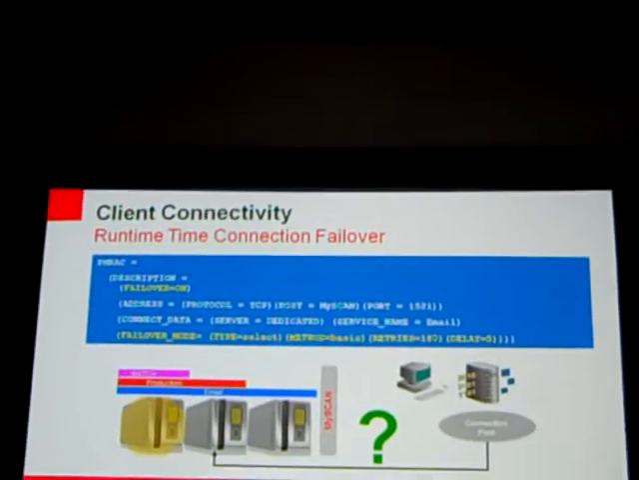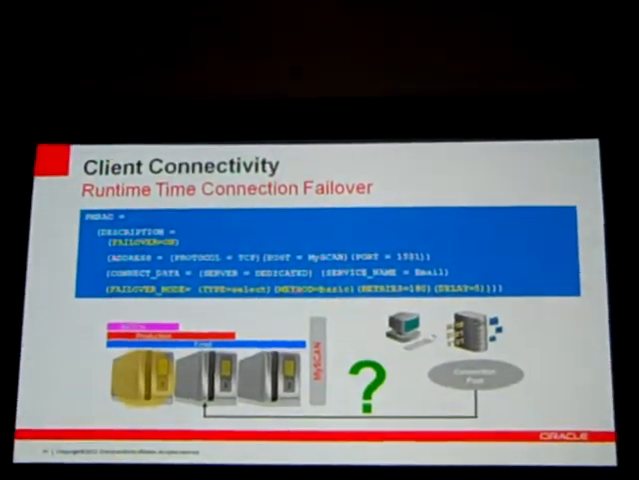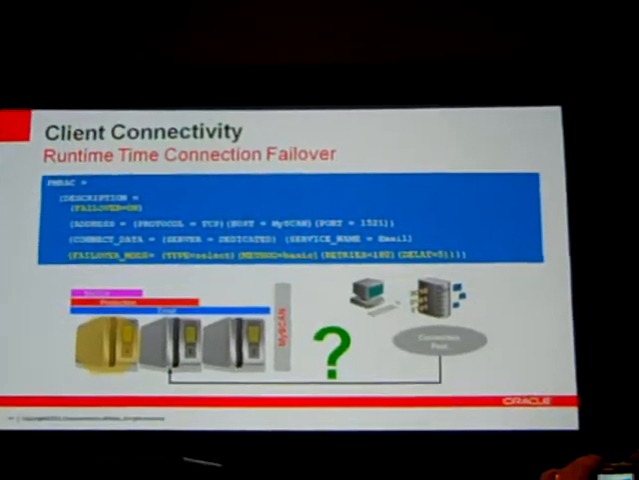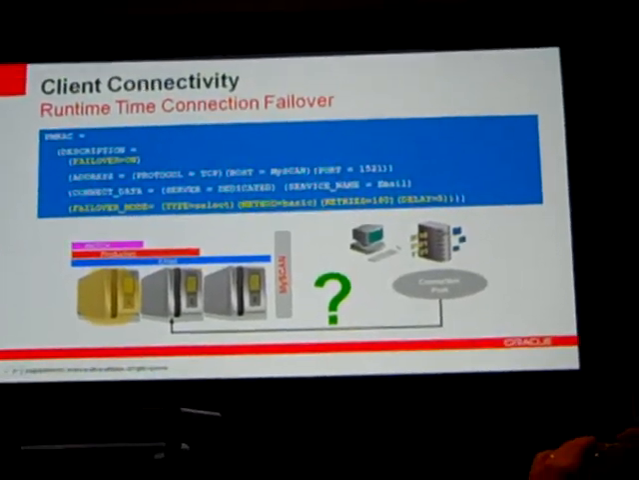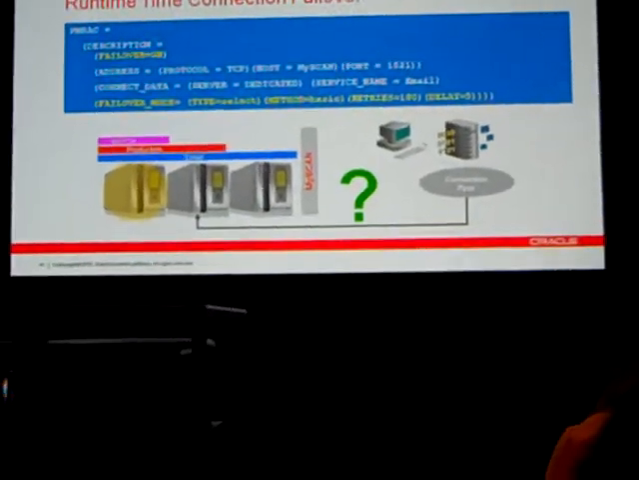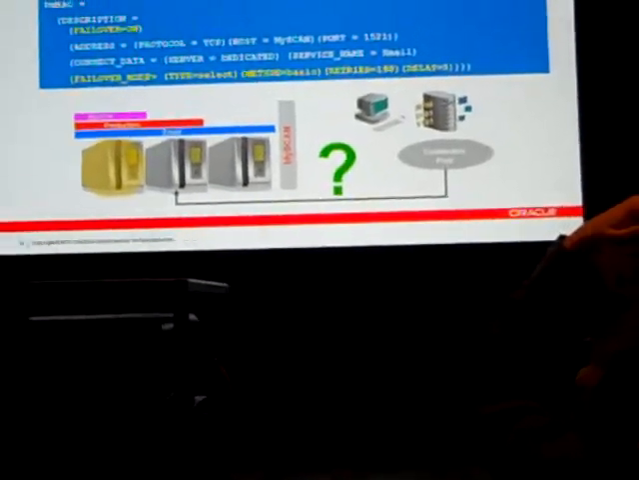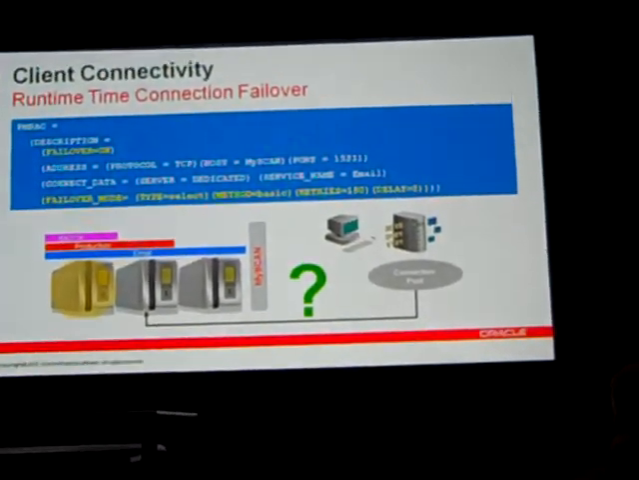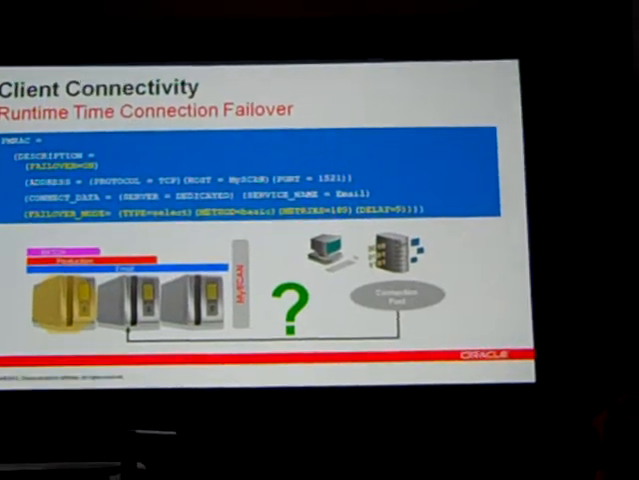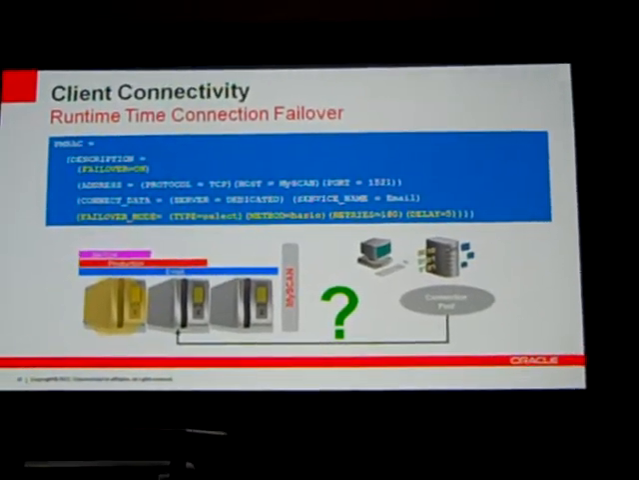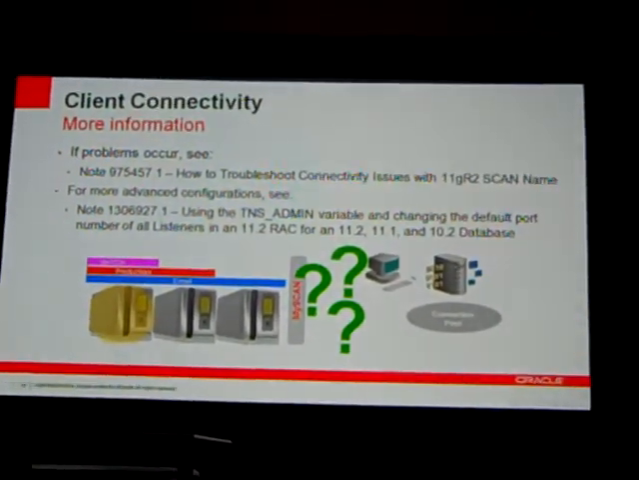As I said, runtime connection failover would then say, well, what happens if I had a connection and my server fails, as indicated here? So we assume the client had a connection and now the server fails. Well, then something is going to fail over my connection. And that's something